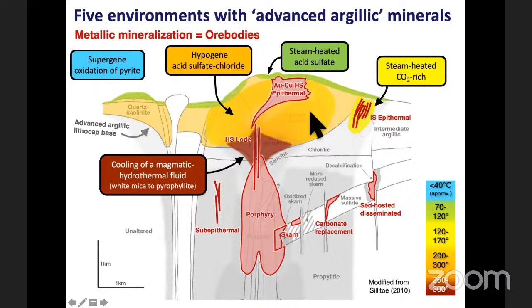One is primary, the other is clearly secondary. This is also primary, this is primary, but it's descending. Some are ascending, some form from descending water. So this environment is extremely complex. And this is the kind of